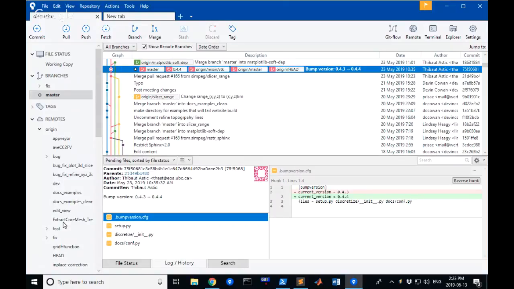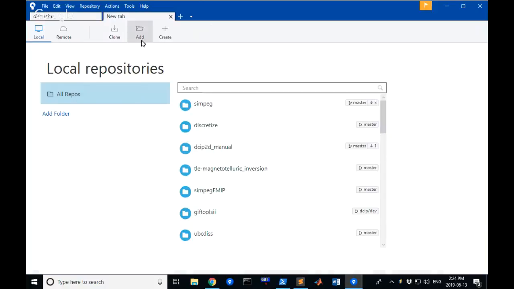Yes, exactly. We're going to come to that later, but those branches are a crucial part. You have the master branch. This is what you're going to get from pip. And when you do development, you do it on branches before you merge together to the master branch. But right now we just want to